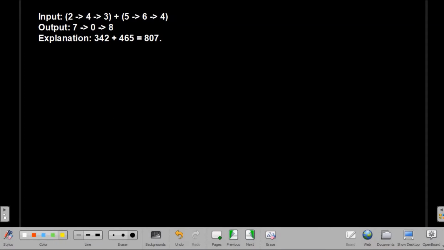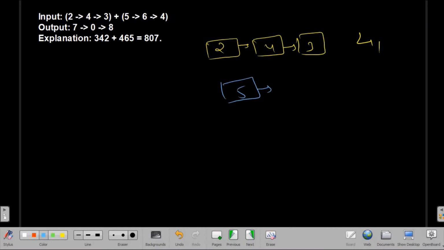So this is my linked list 1, 2 4 3, and this is my linked list 2, that is 5 6 4. I will create a new linked list, and both given lists are from the question. I add 2 plus 5, 7, here.